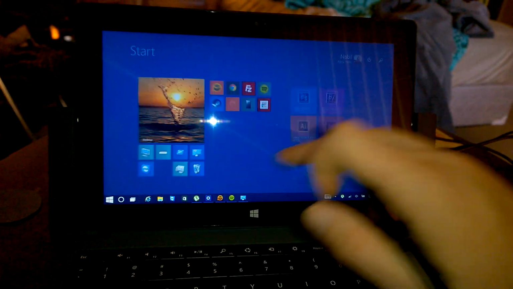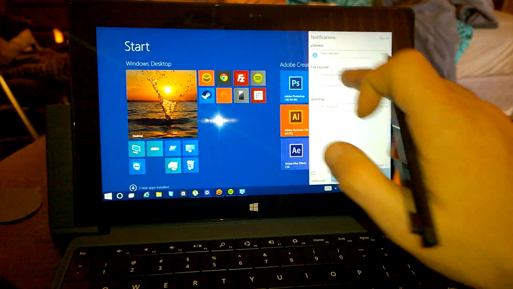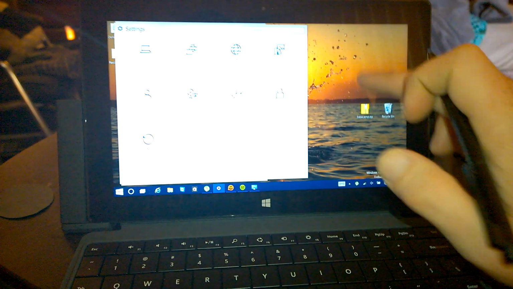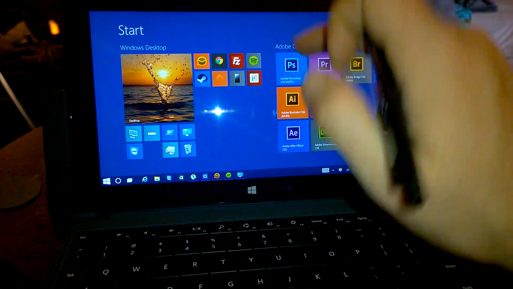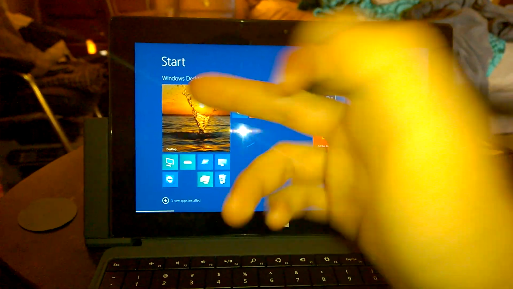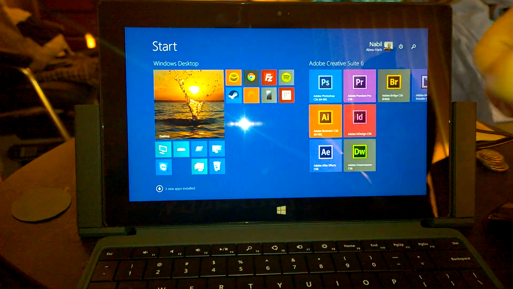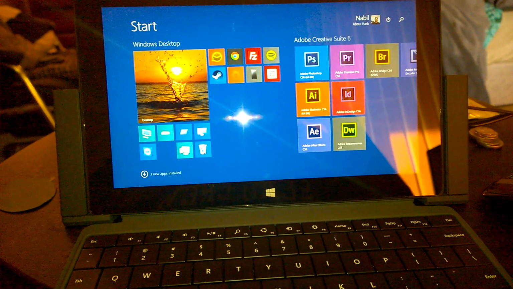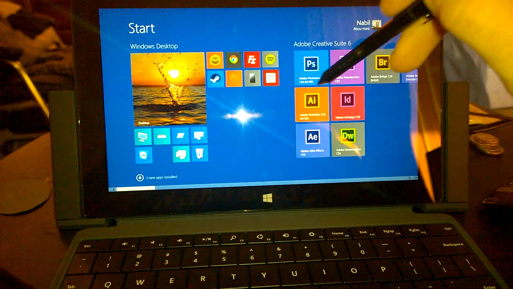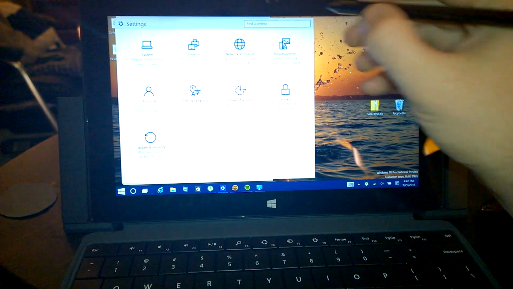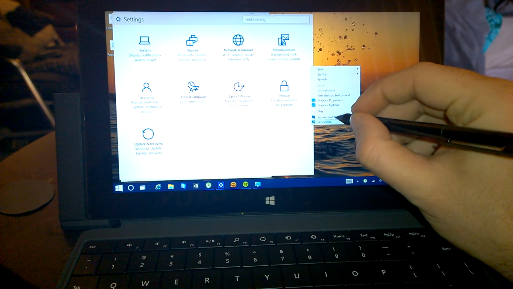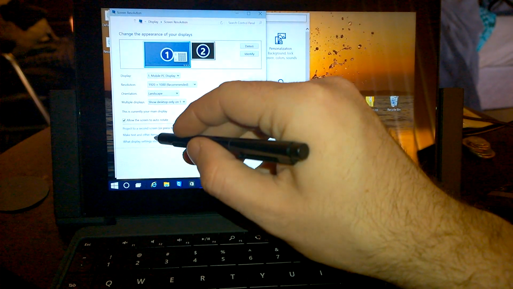Well, you don't have the charms anymore, and that's a drag. So when you don't have the charms anymore and you're getting the notification system, there's no setting anywhere to change that start menu because, well, the start menu is not supposed to be here. You're not supposed to be playing with it. And so there's no way to change it. So for some reason, you can't do the show more tiles option. And so the only way that you can control the size of the start menu in Windows 10 Technical Preview 9926 is by changing the scaling on your